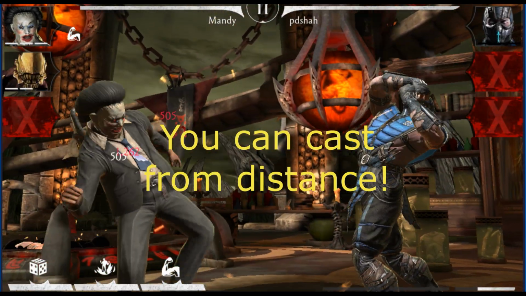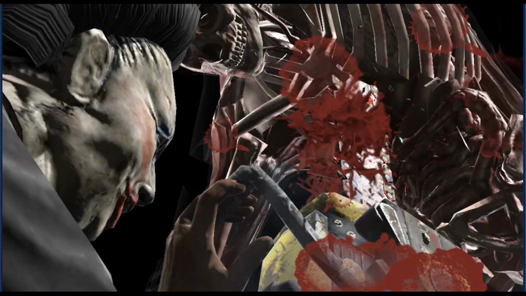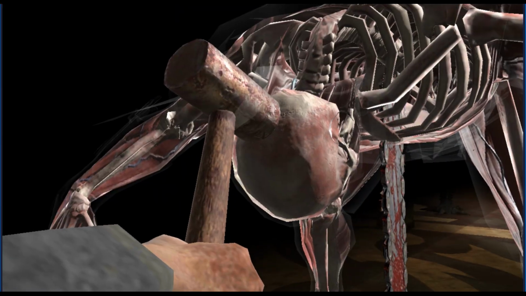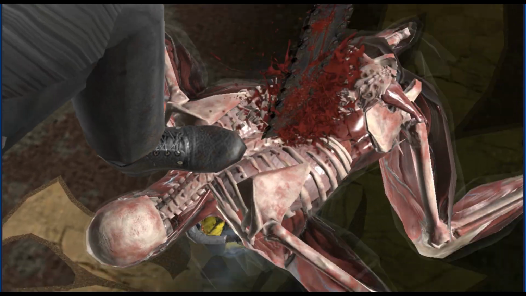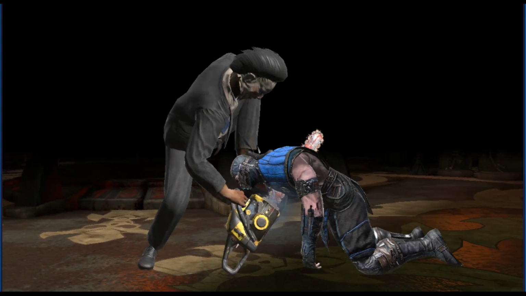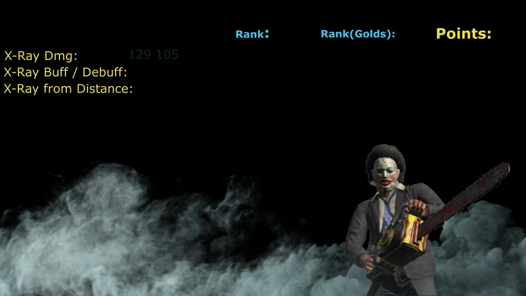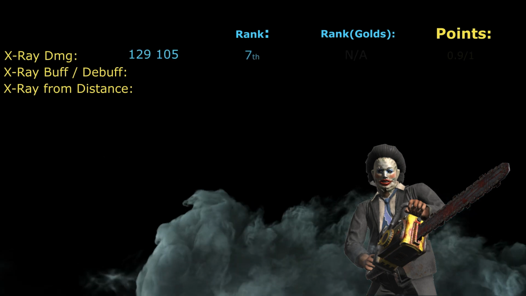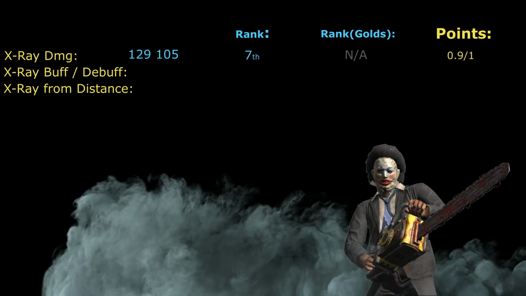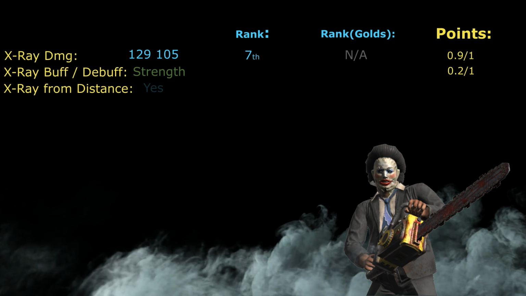The X-ray of Leatherface guys is called Blood and Guts, another X-ray that looks amazing in my opinion. It has Strength as main buff, not really the best buff in the game unfortunately. Once again, this ability can be cast from distance, so you don't need to be exactly next to the opponent before you cast his X-ray. When it comes to damage, the damage is 129,105, again guys, the 7th highest in MK Mobile. And once again, to repeat the properties of the X-ray, it has Strength as main buff and it can be cast from distance,